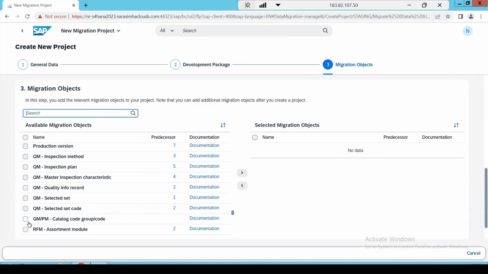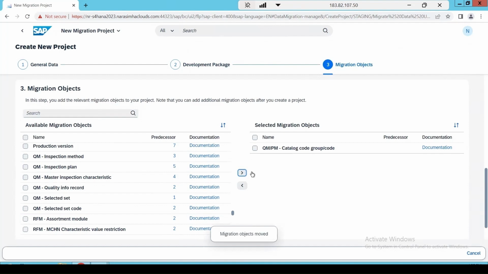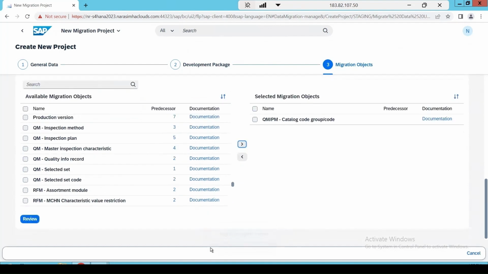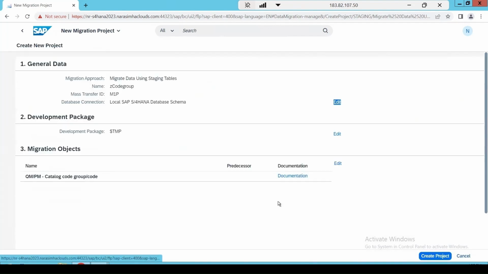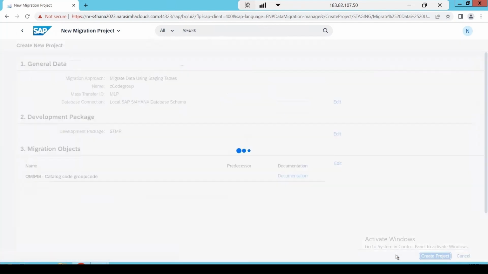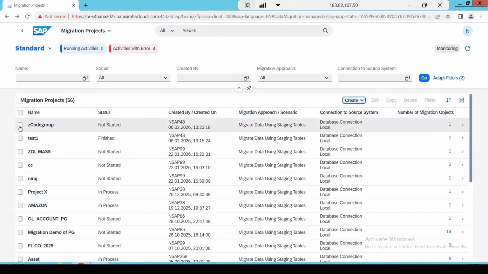Catalogs or the code groups. I can select this and click on this. Okay. And if I scroll down, click on review. Now I can select create a project. So this is the one just now which we have created. One object is coming here. If I double click on it,